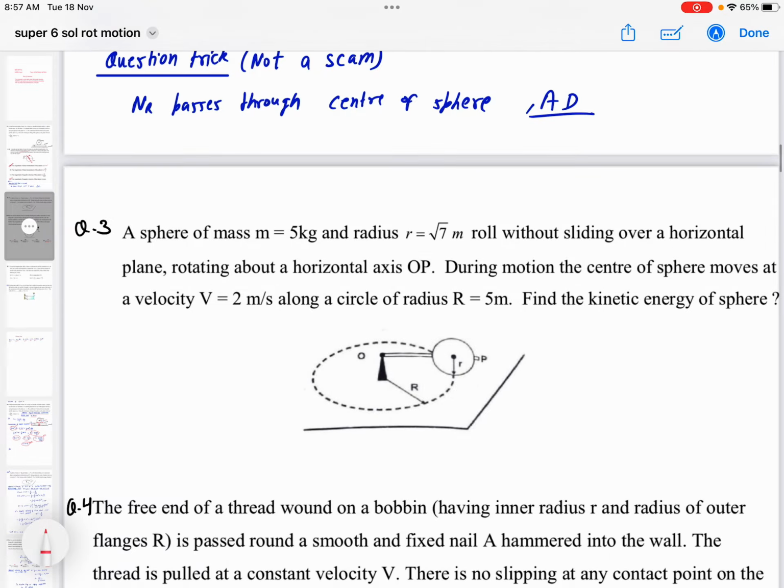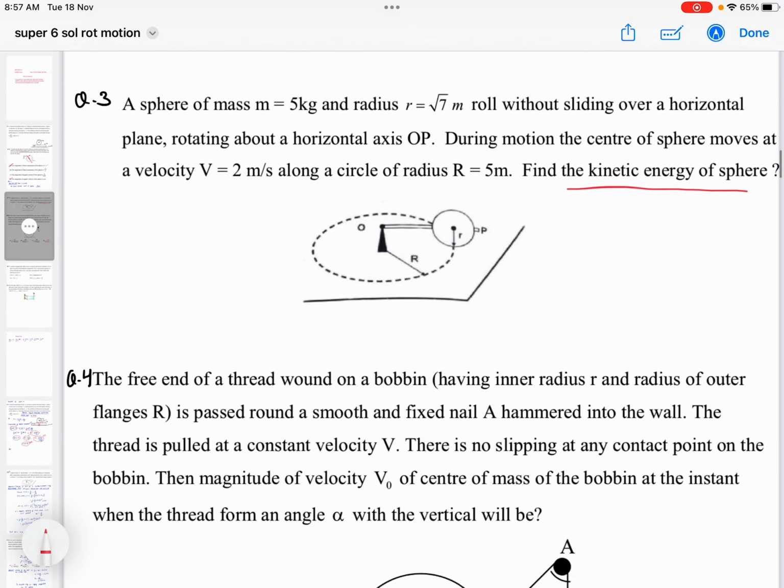Now question number 3. In question number 3, the mass of the sphere is given, the radius is given, and it is rolling without sliding over a smooth plane. And we need to find its kinetic energy, right? So now